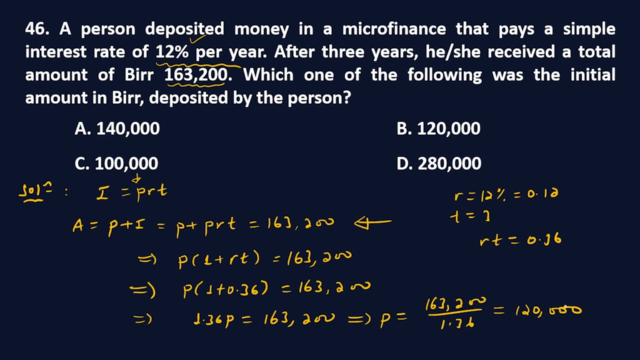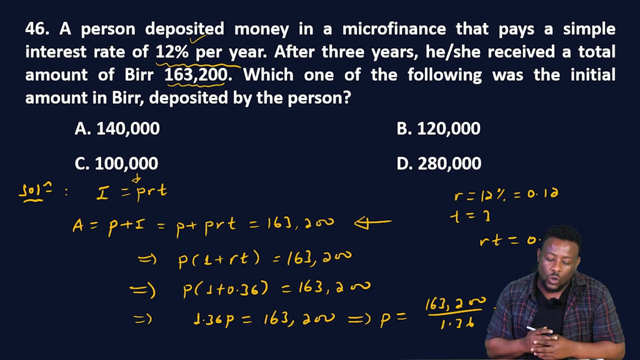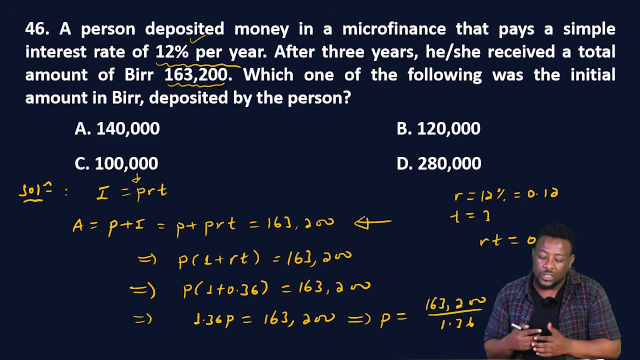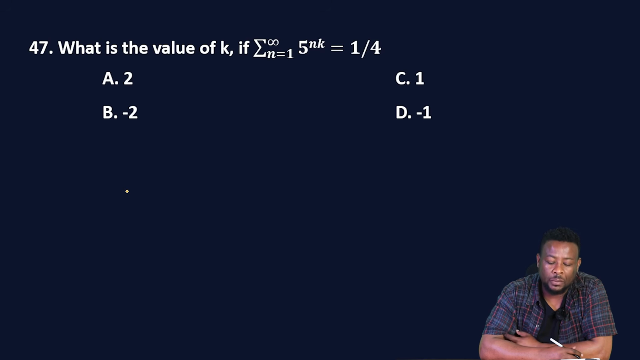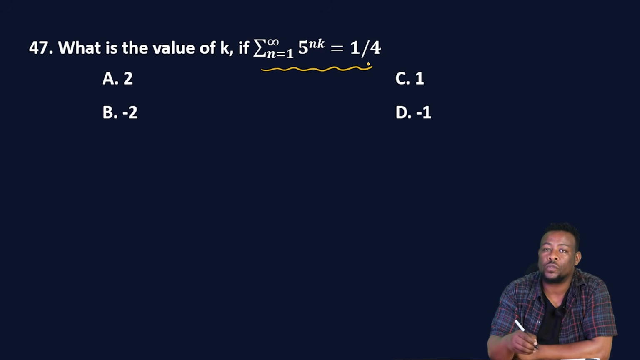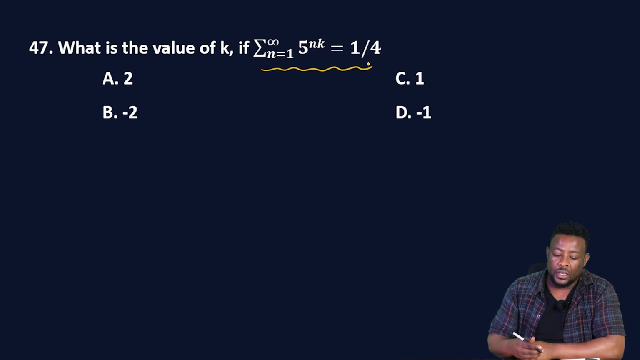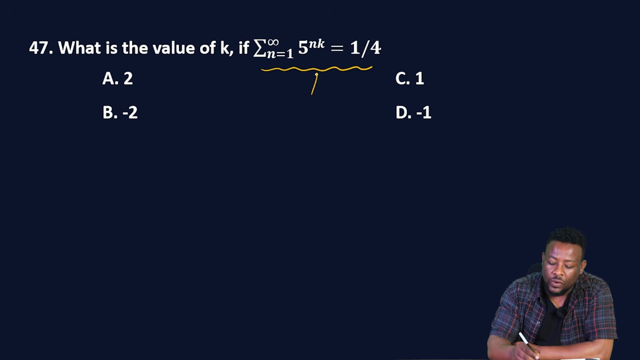163,200 ለማግኘት በተሰጠው ሬት ይህን ያህል ታይም ዲፖዚት ያደረገች ሴትዮ ወይም ያደረገ ሰው ኢኒሺያሊ 120,000 ዲፖዚት ማድረግ ሲችል ነው። ሶ የ46ኛው ጥያቄ መልሳችን የሚሆነው ቢ ነው ማለት ነው። ወደ 47ኛው ጥያቄ ጋር ስንመጣ what is the value of k if this infinite sum is 1/4 የሚል ጥያቄ እናገኛለን። የዚህ infinite sum 1/4 የሚሆነው k ምን ቢሆን ነው የሚል ጥያቄ ነው ያለው።